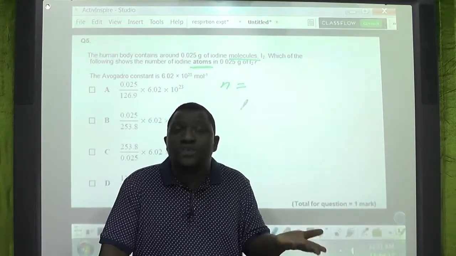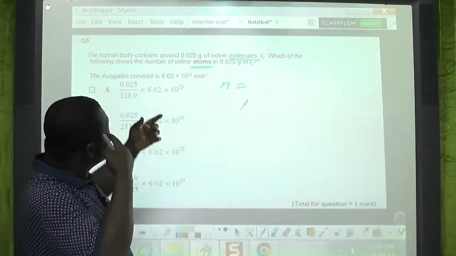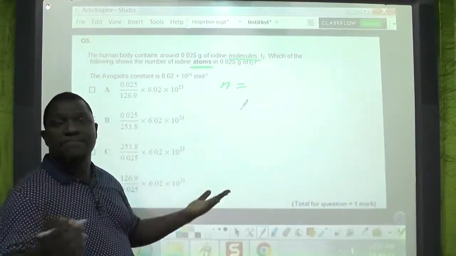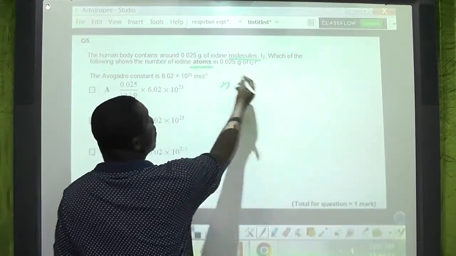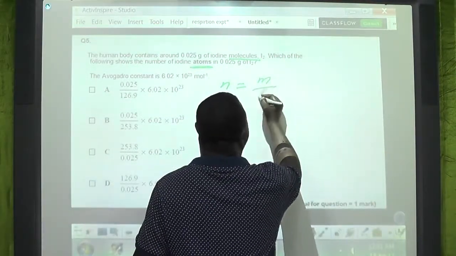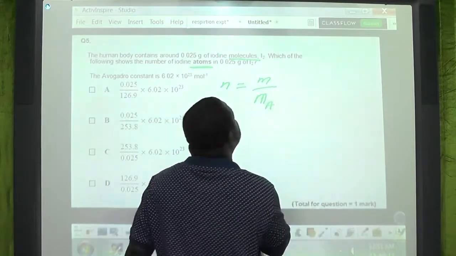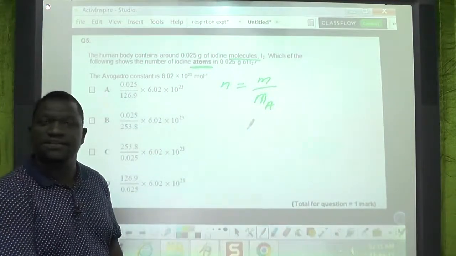So you don't just say that N equals M divided by Mr. Now, since we are talking about atom, N equals mass divided by Ma, the relative atomic mass,